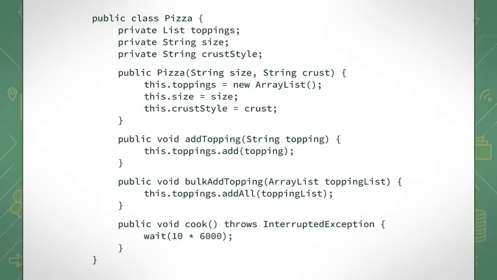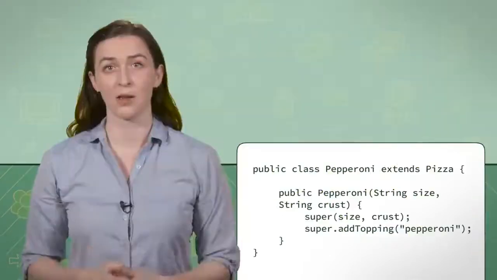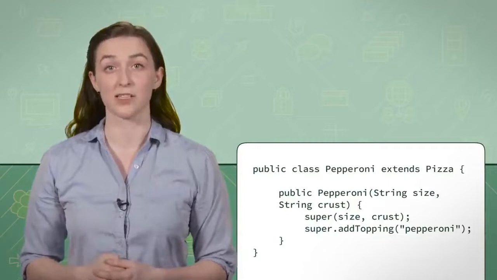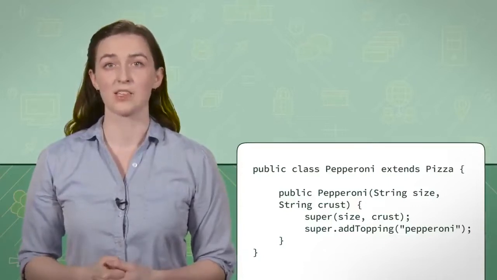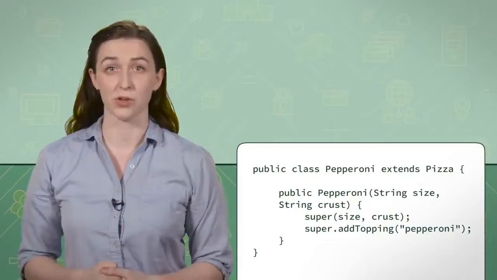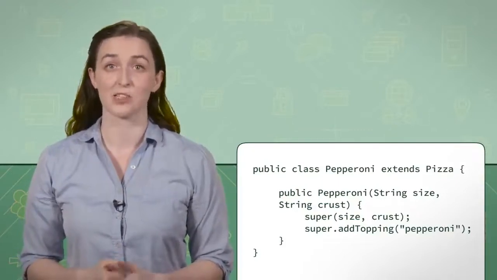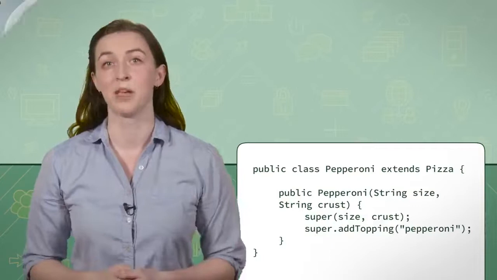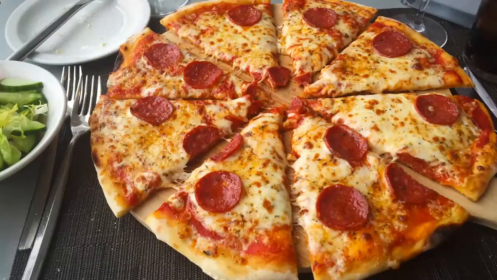This seems reasonable, but let's look at why this is a misuse of inheritance by examining the code for a subclass of pizza. Despite the fact that a pepperoni pizza is a more specific kind of pizza, it is not really different from the superclass. You can see that the pepperoni constructor uses the pizza's constructor and adds toppings using the pizza's method. There is no reason to use inheritance in this case, because you can simply use only the pizza class to build a pizza with pepperoni as a topping.